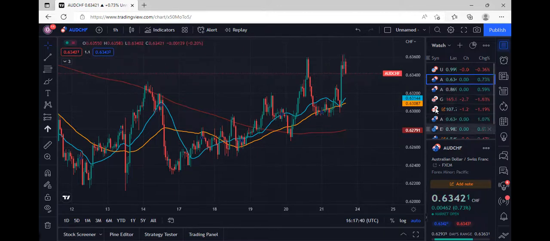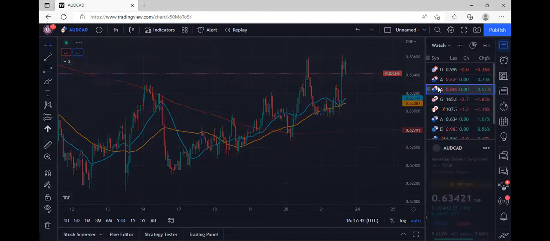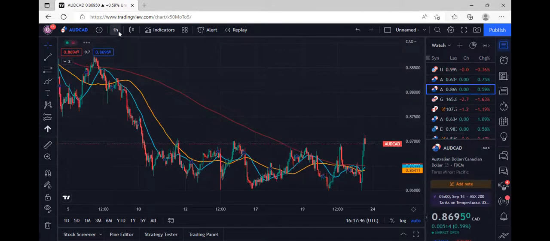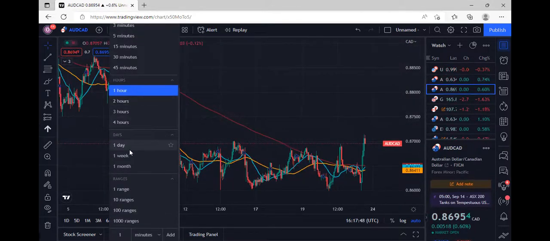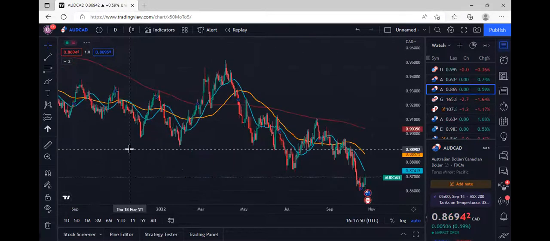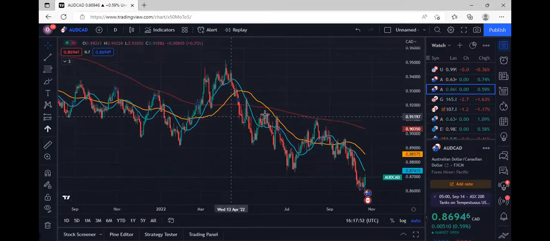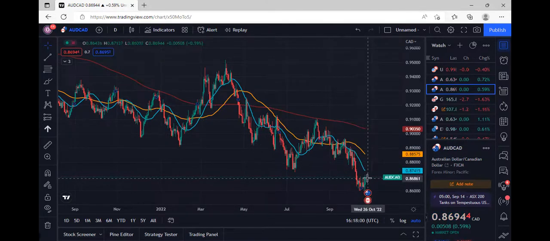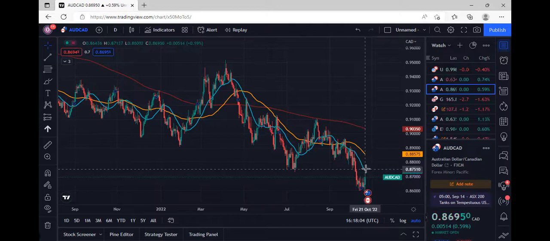Let us go now to another pair. Let's check, and let us go and see what is happening on our daily chart. On our daily chart, we can see that price is below our red line, which is the 200 moving average, and also price is below our blue line, but the same price is moving its way